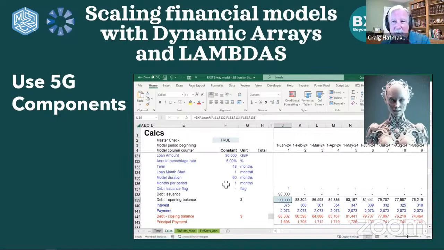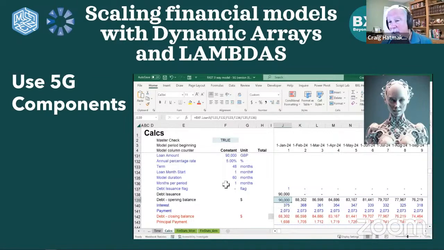Okay, so take a look. It created 5 lines of model for us, as well as many columns. And all we had to do was just tell it what you would normally need to know about a loan. What is the loan amount? What's the APR? What's its term? When does it start? How long is our model lasting, so that it knows to fill all columns of our model? And how many months are in each period.